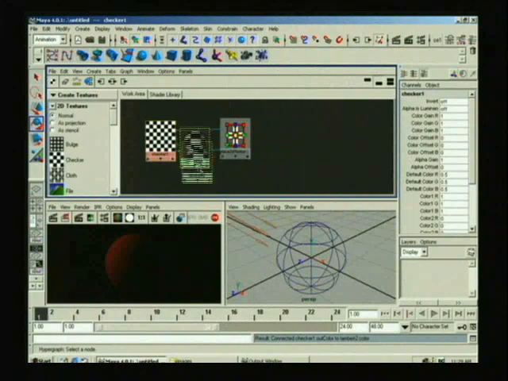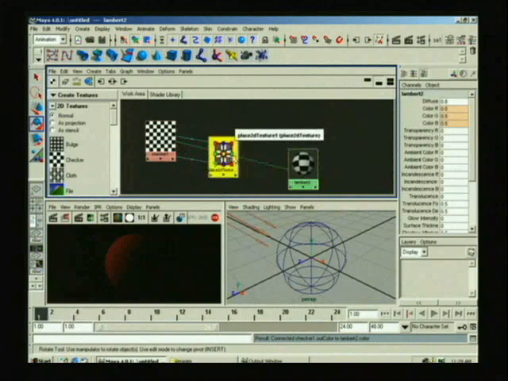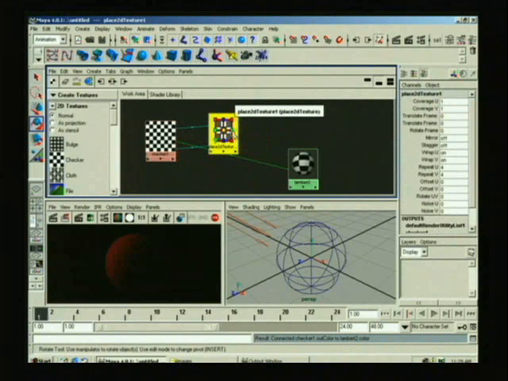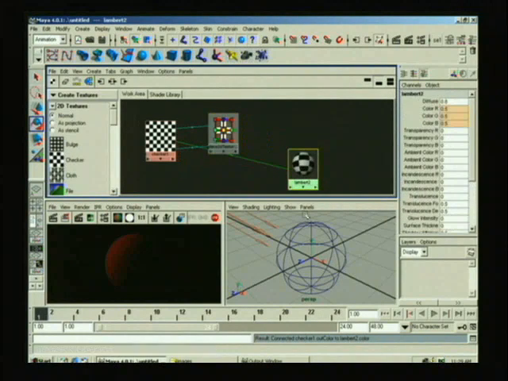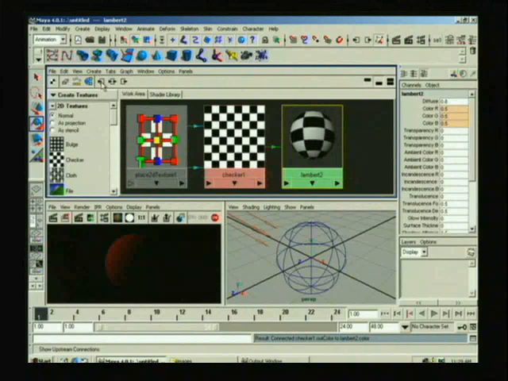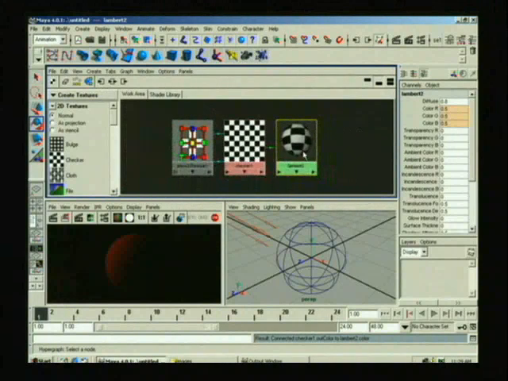Okay, so you'll notice we can move our nodes around. This is just with the left mouse button. What I like to do is just select one of our nodes and just graph the upstream connections, and that usually aligns everything really nicely in the hypershade. Now,